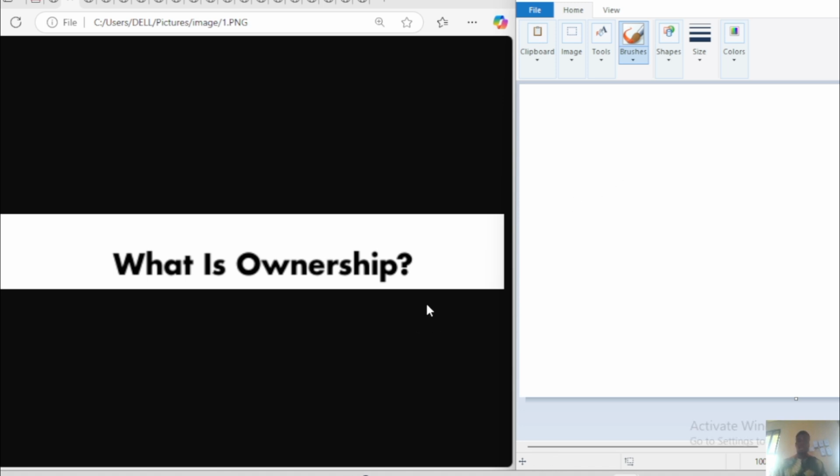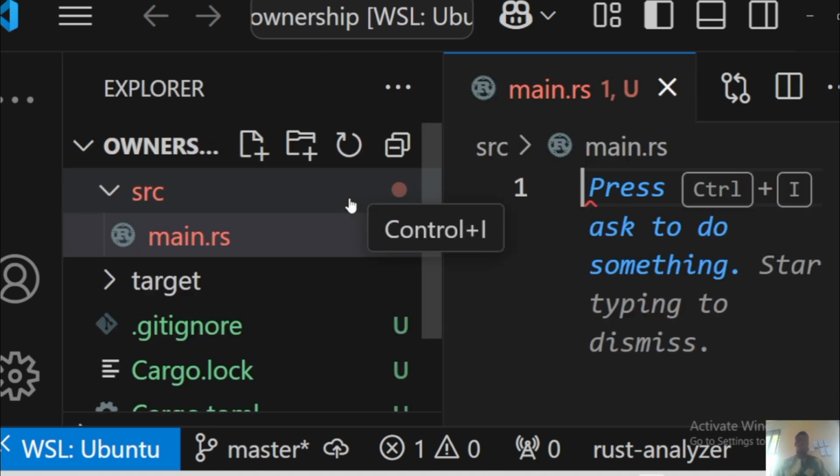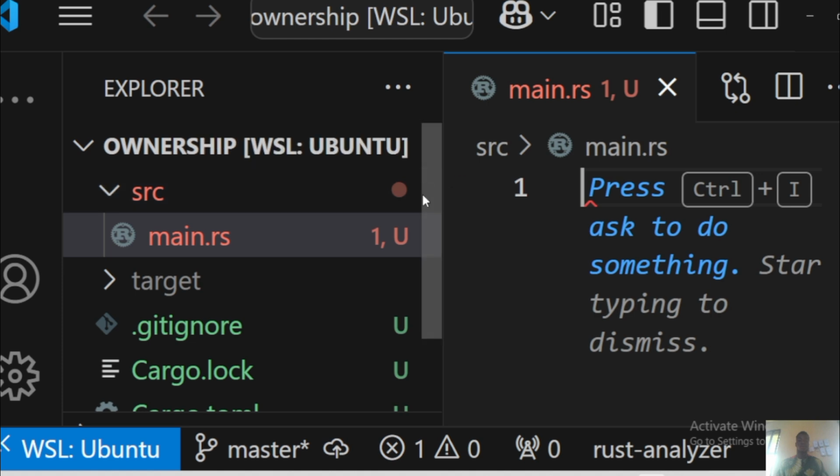On my left hand side here is a slide, and on my right hand side here is a drawing image, where I'll be drawing some stuff to illustrate what we'll be doing. Also this is my VS Code, where I will be writing some code. But we won't do much code writing today. This is just a simple